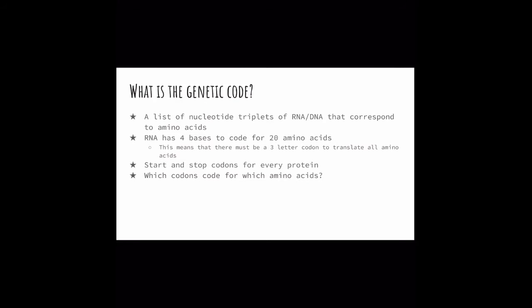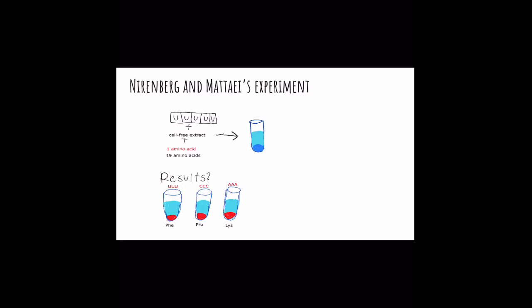For every protein, there are start and stop codons, but there's one start codon that is universal for all, and it is AUG. So how do we know which codons code for which amino acids? The first experiment was performed by Nierenberg and Mattei. They were the first to determine that an RNA sequence coded for a